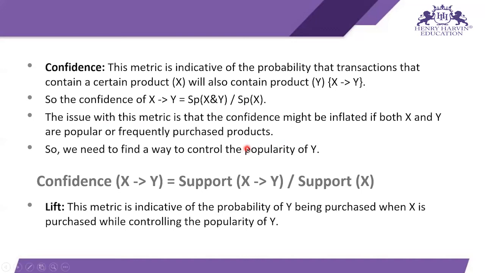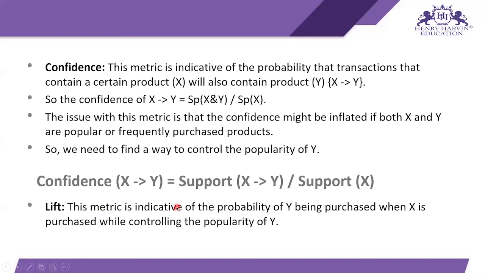So we need to find a way to control the popularity of Y, and the way is confidence. The confidence of X to Y is support of XY divided by support of X. Lift: this metric is indicative of the probability of Y being purchased when X is purchased while controlling the popularity of Y. So by using this lift